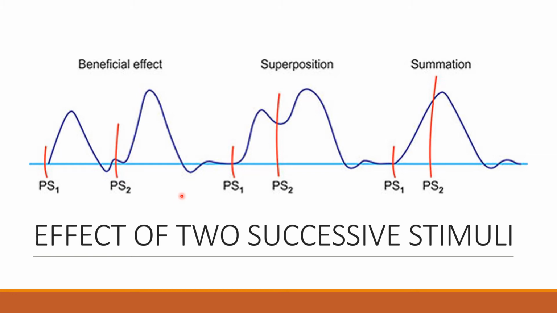Absolute means the period during which a second stimulus does not produce any response, no matter how strong the stimulus is and what the duration of application of stimulus is. So however strong or however long the stimulus is applied, it will not produce any response if you apply that second stimulus in the absolute refractory period. And relative refractory period means the period during which a stimulus of greater strength may evoke a response. Okay. So these are the two points, absolute and relative refractory period, you should know before understanding this graph.